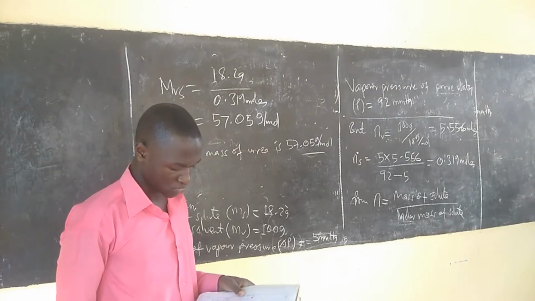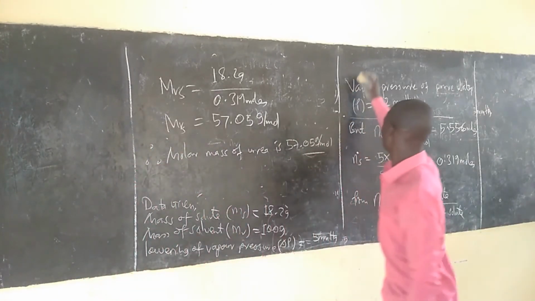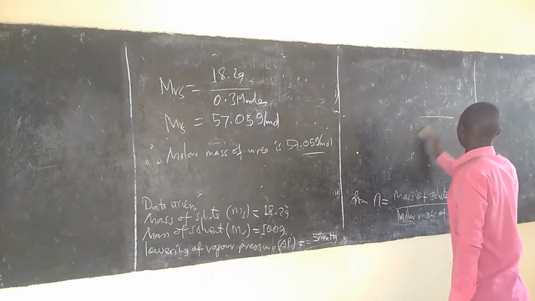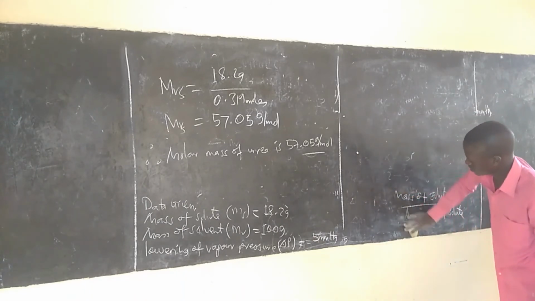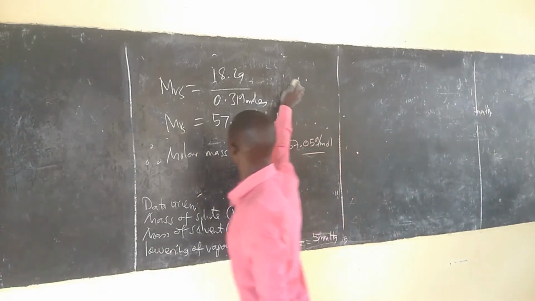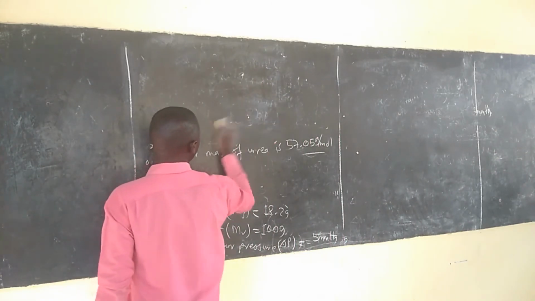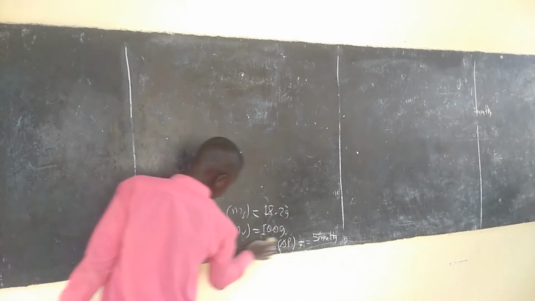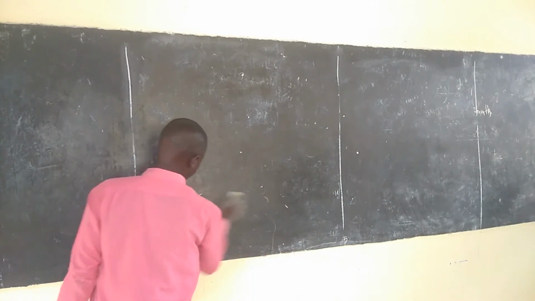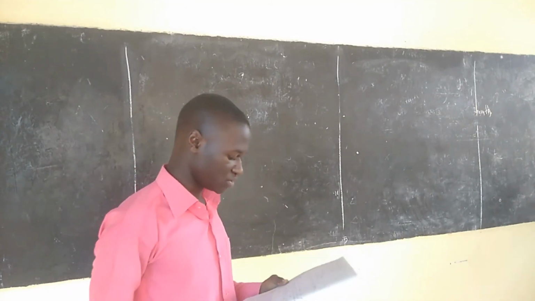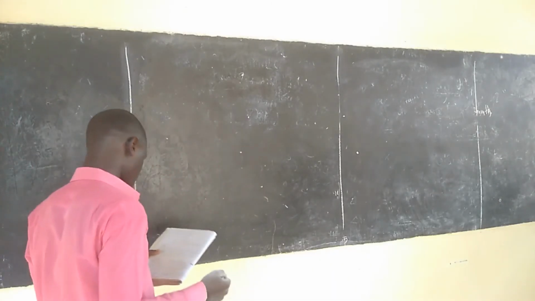From there kuna swali jingine hapa ambalo ni la 4. So in this question number 4, ngoja tuione. So tuna swali la 4. Swali la 4 A ni state root slow flowing of vapor pressure ambao tuli state. Kwa hiyo I will not simply state this kwa sababu iko kwenye notes, ila nitaandika B ambayo ni swali la calculation. Nitaandika B